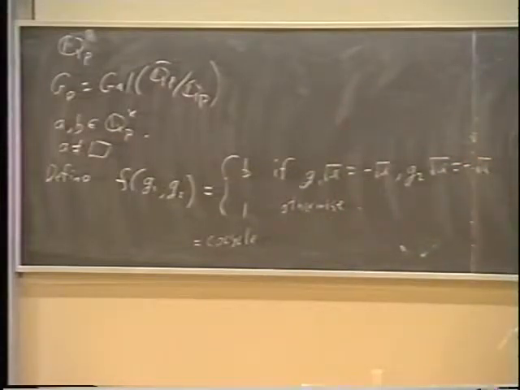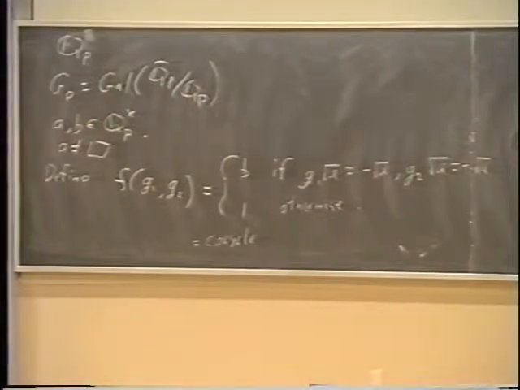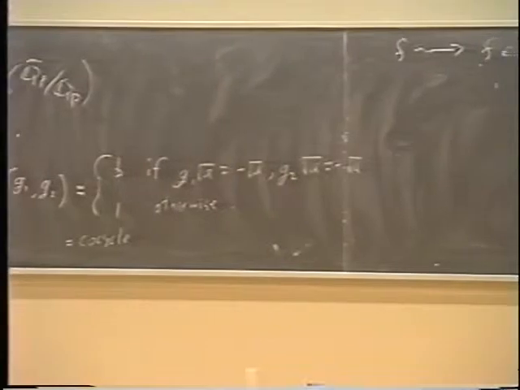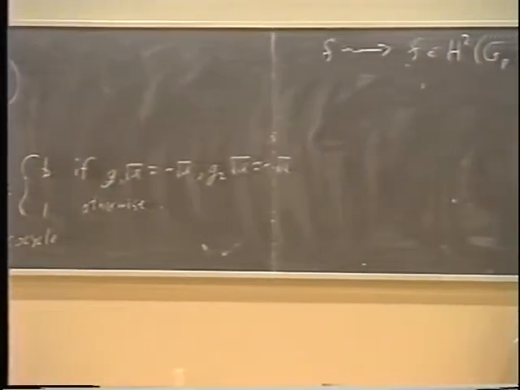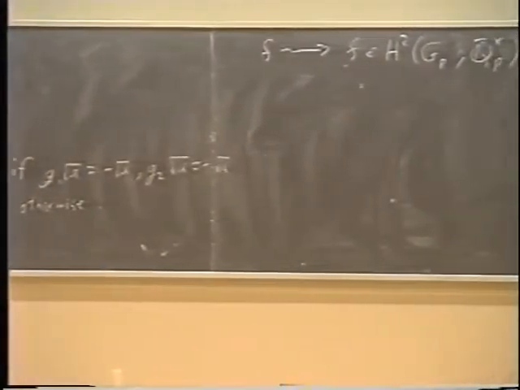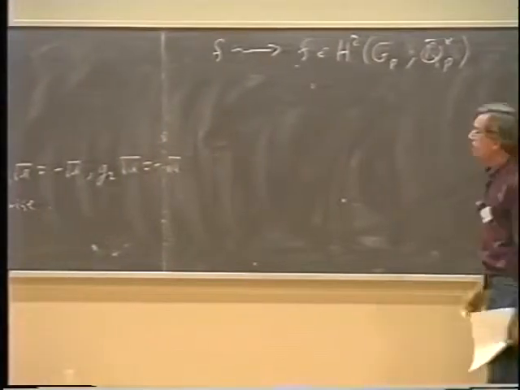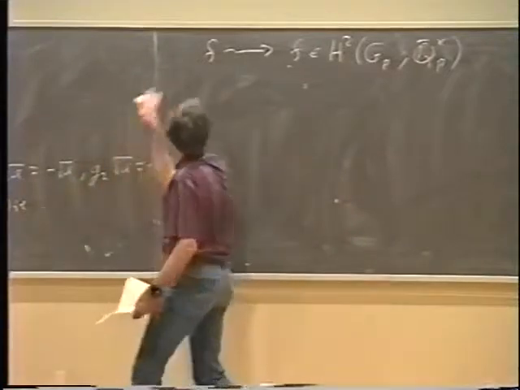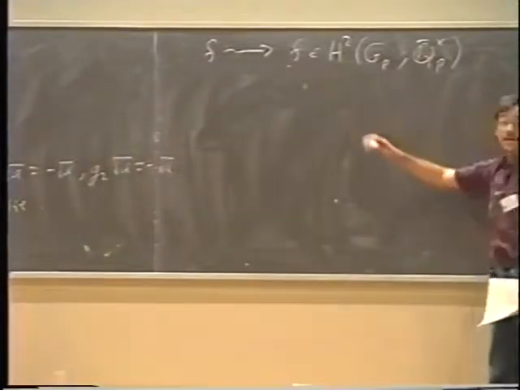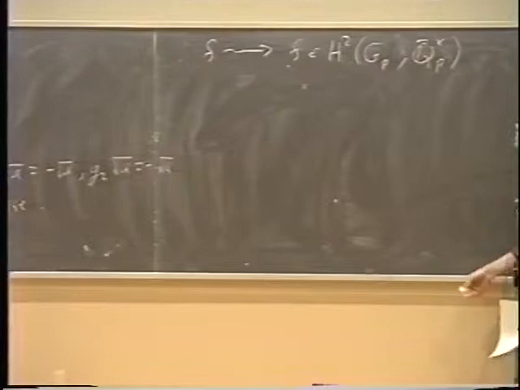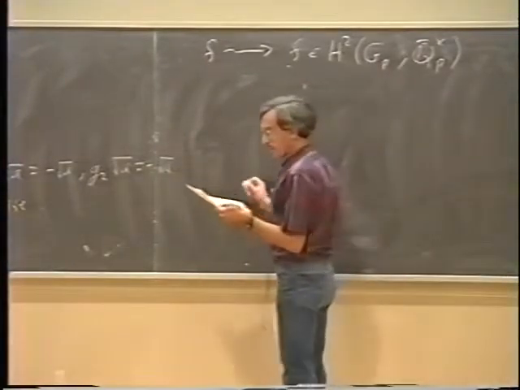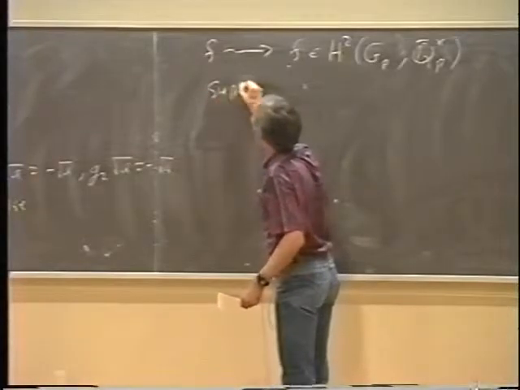So, therefore, F gives, well, I'll call it F again, in H2, G, Q_p coefficients. I'll actually take in something bigger than Q_p, namely Q_p bar cross. Now, of course, the question is, when is this cohomology class we get trivial? So when is F actually a coboundary? So, let's suppose